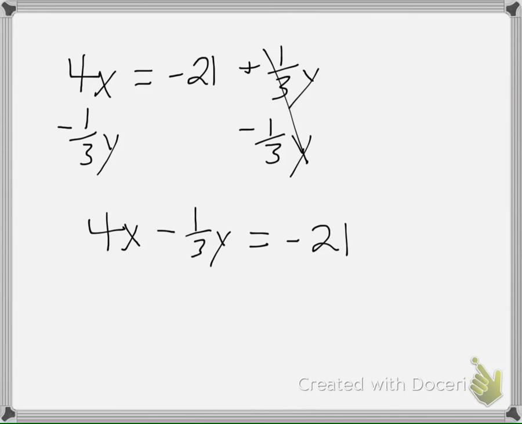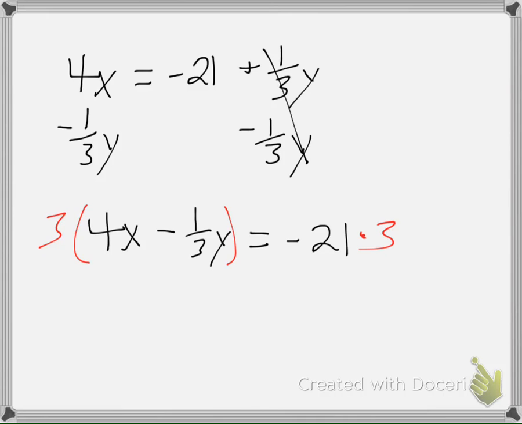Now, in this case, it's my y that has a fraction, but in standard form, all of our numbers need to be whole numbers, so I still need to clear that fraction. So what do I need to multiply by? 3. Not negative 3 this time, though, because this one is positive, so if I multiplied by a negative number, it would turn it negative, right? So if my x term is positive, then I don't want to change that. So I just want to get rid of my fraction, which means I'm going to multiply by 3